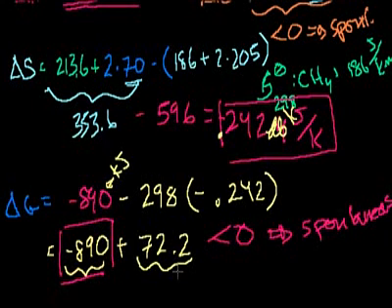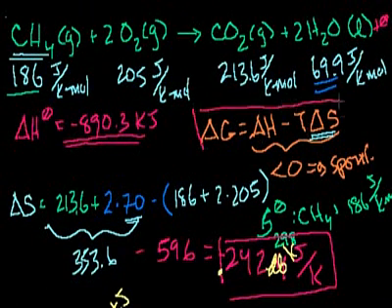As you can see, these Gibbs free energy problems are really not too difficult. You just really need to find these values. And to find these values, it'll either be given the delta H, but we know how to solve for the delta H. You just look up the heats of formation of all of the products, subtract out the reactants, and of course you weight by the coefficients. And then to figure out the change in entropy, you do the same thing. You have to look up the standard molar entropies of the products, weight by the coefficients, subtract out the reactants, and then just substitute in here, and then you essentially have the Gibbs free energy,